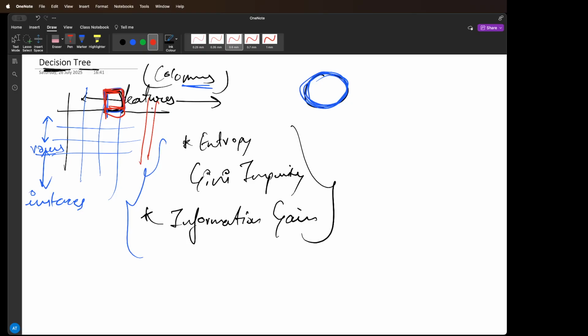Like what is your target? Let's say for heart patient, that person is a heart patient, yes or no, right? So yes, yes, no, no. It will make decisions based on what the condition is. For example, if